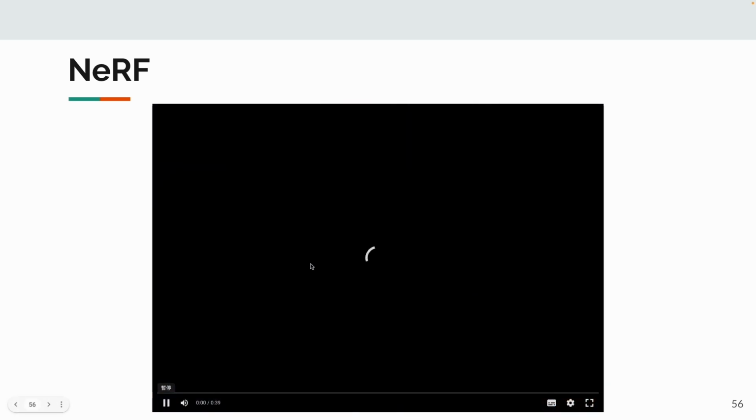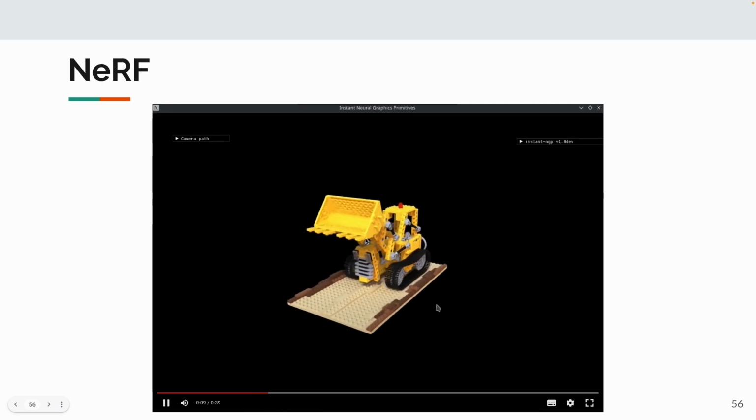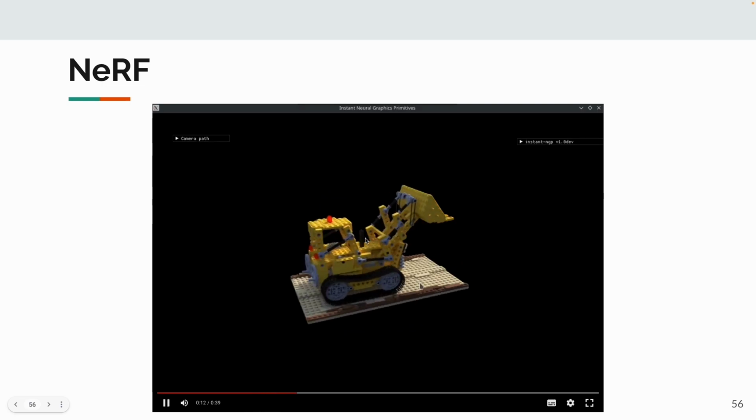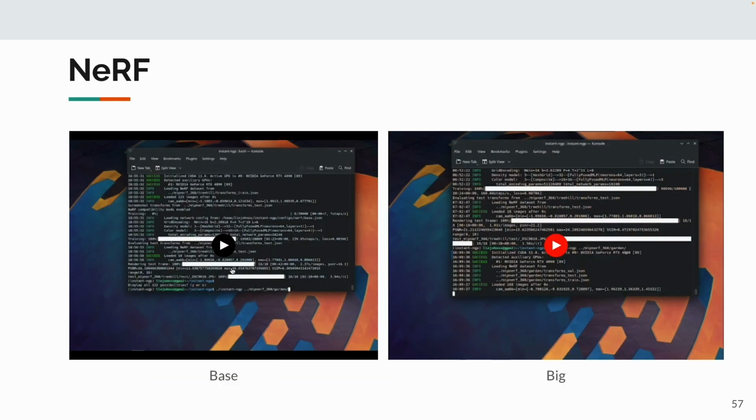We first show the results of the Lego model from the NeRF synthetic dataset. As we can see, Instant-NGP quickly converges and reconstructs a very faithful 3D model of this Lego. We have very fine detail on this model. Let's look at the Mip-NeRF 360